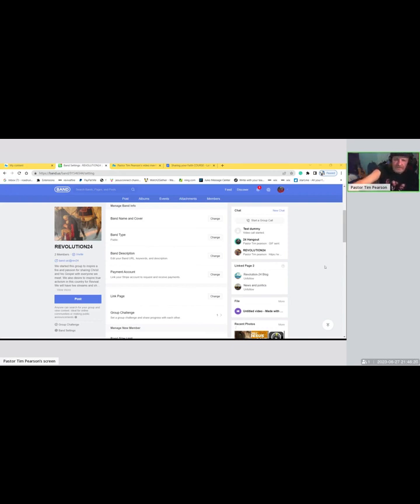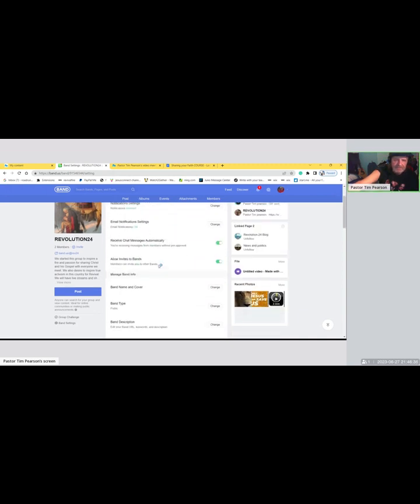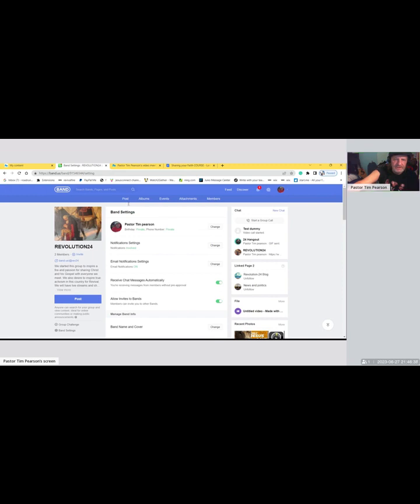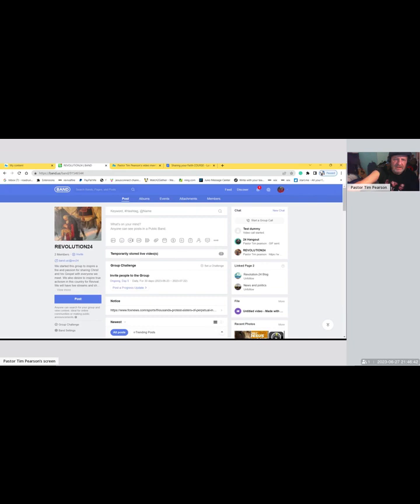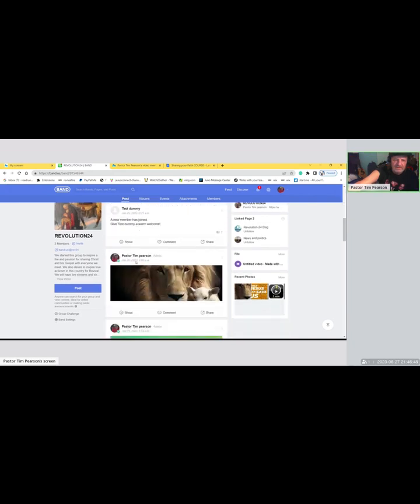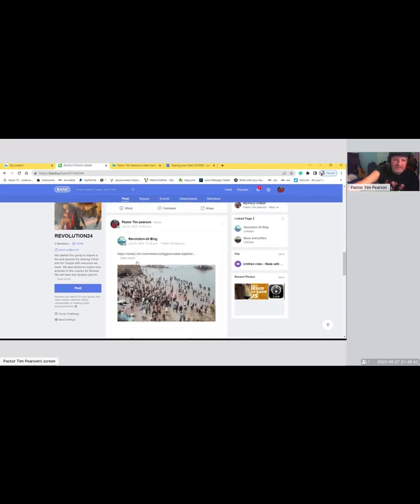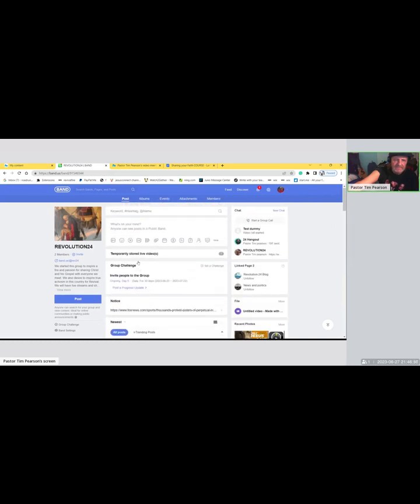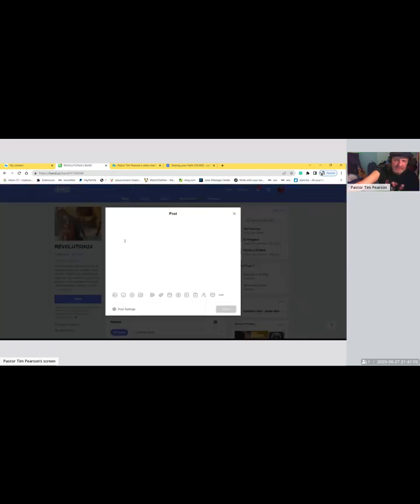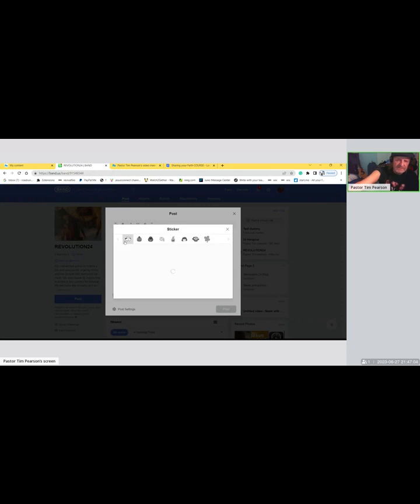Now, if you look over here, the strength of Band is going to be the stream right here, which is the mainstream of the site. You can post just about anything in here. It does have an activity feed for when people post, but you can do a lot of things. These are all the things you can do. Photos, stickers, they have their own stickers. I wanted to show you that because you can purchase them as well.